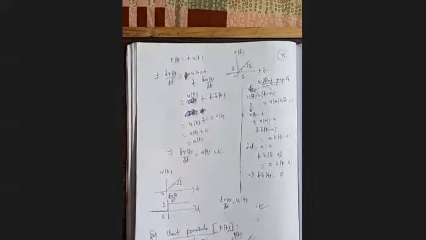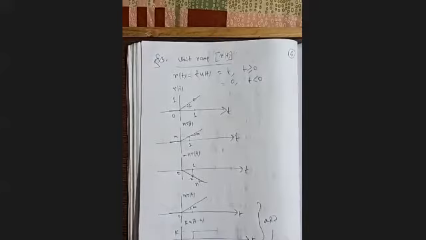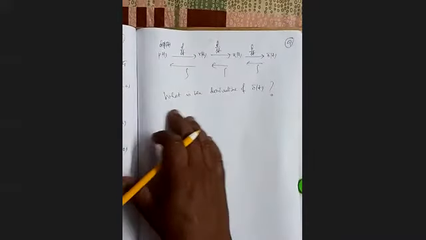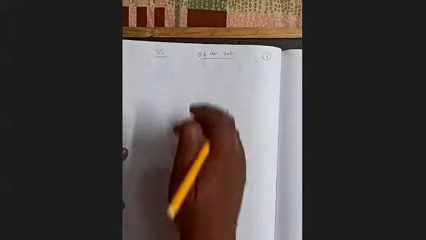Okay, and we concluded with unit parabola. In the last class I told you that I concluded with one question: what is the derivative of delta t impulse function? Today we start with this particular thing.